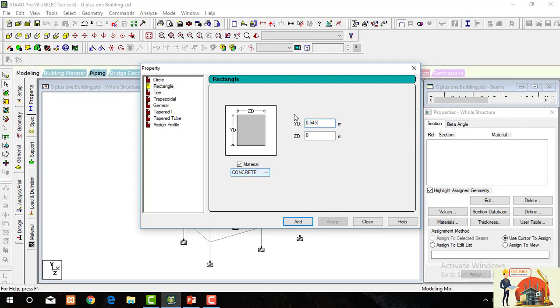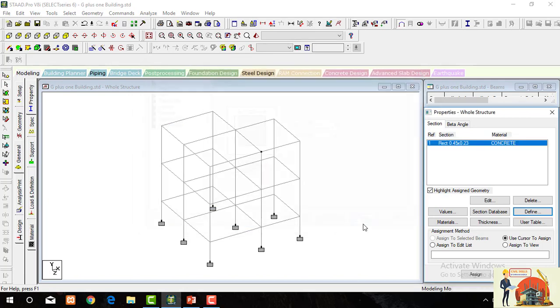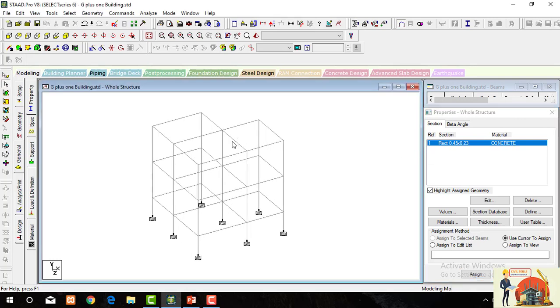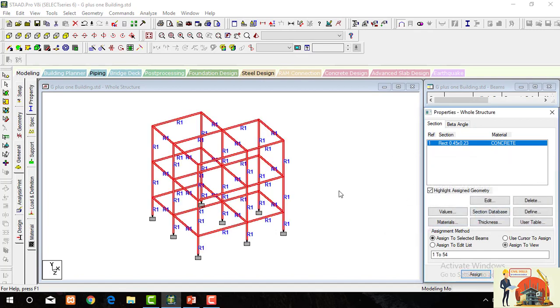Depth of beam is 450, width of beam is 300. Click add, close. Since the dimensions of beam and column are the same, this property will be assigned to the whole structure. To select the whole structure, click on assign to view, assign. Now you can see all the members are assigned the property.